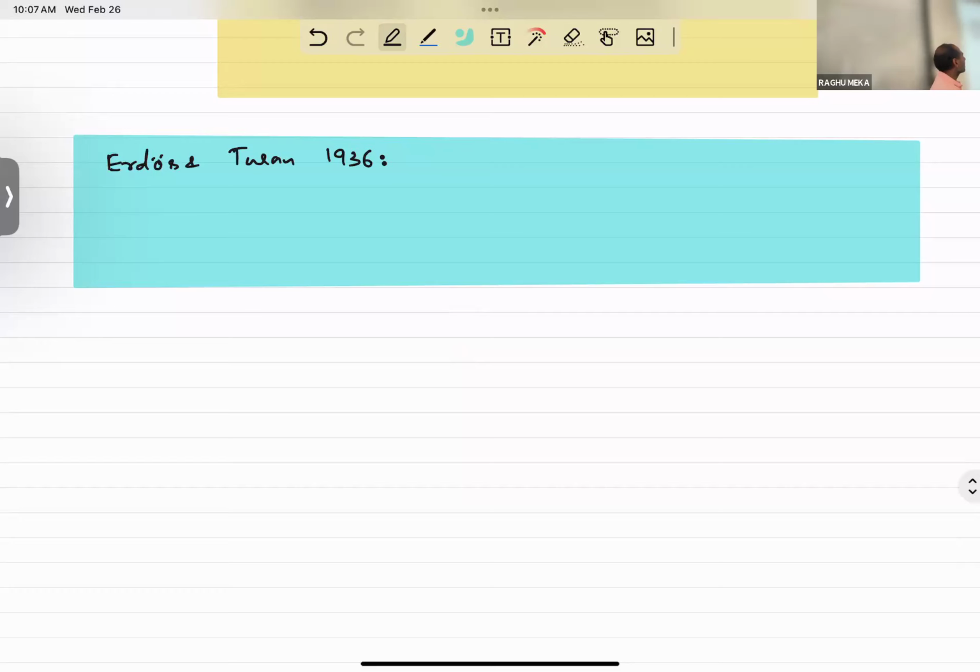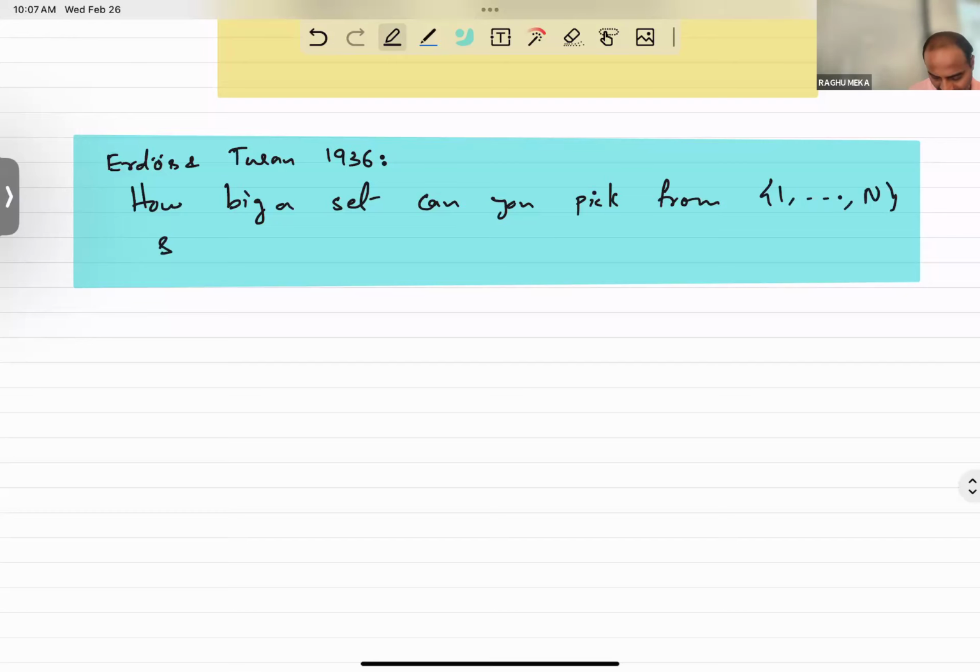And I say, okay, pick numbers from 1 through a million, but no three numbers should be equally spaced on the line. That's the only thing. So how big a set can you pick from 1 through n